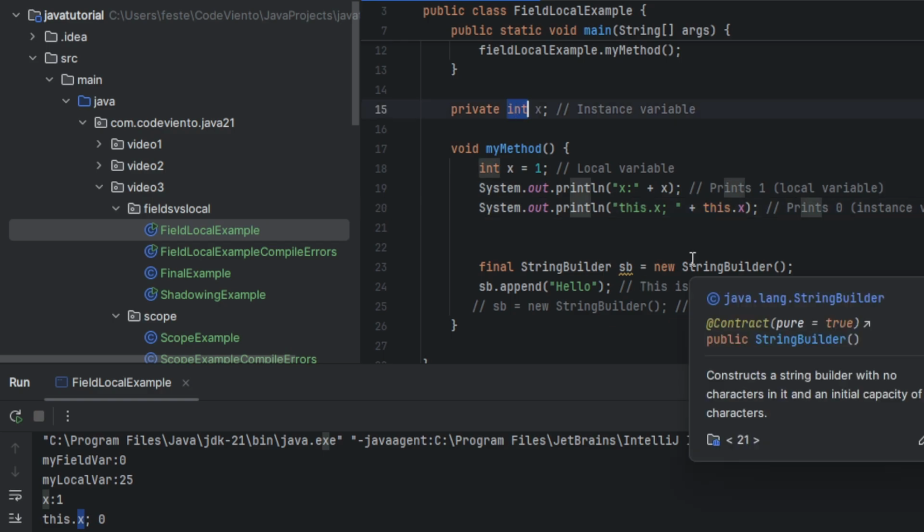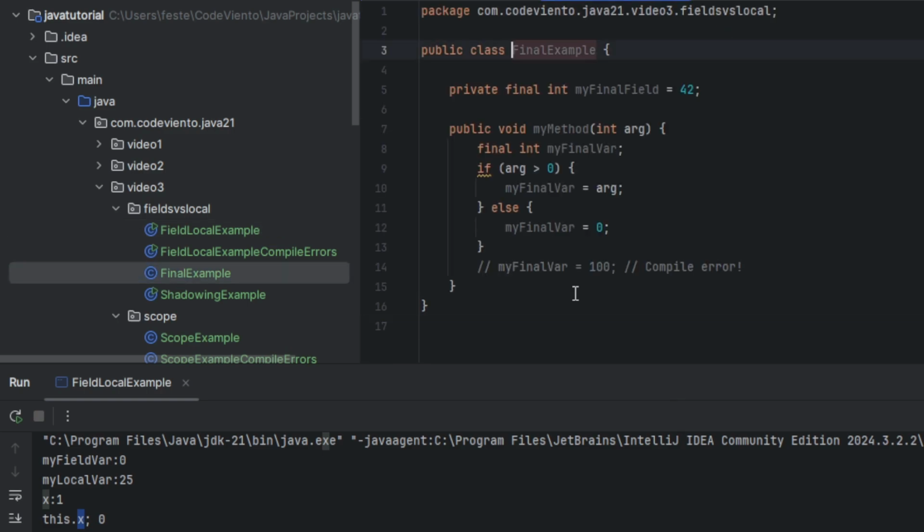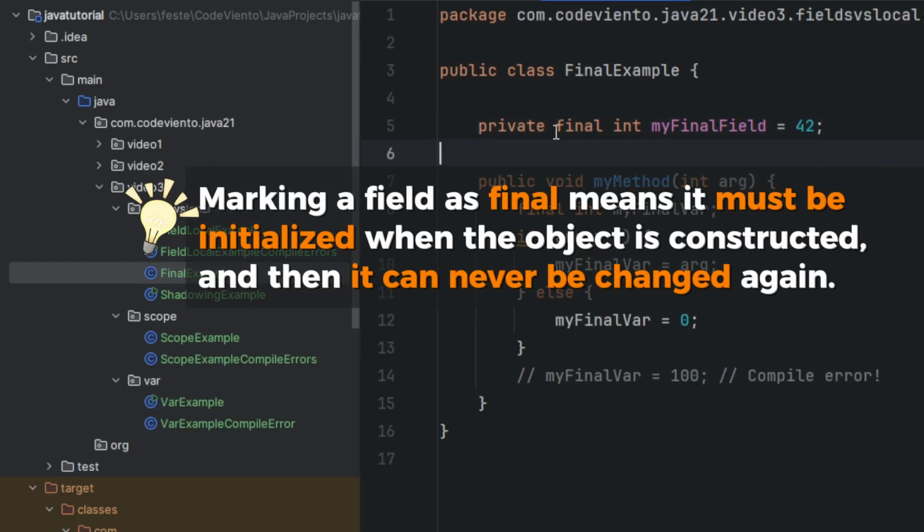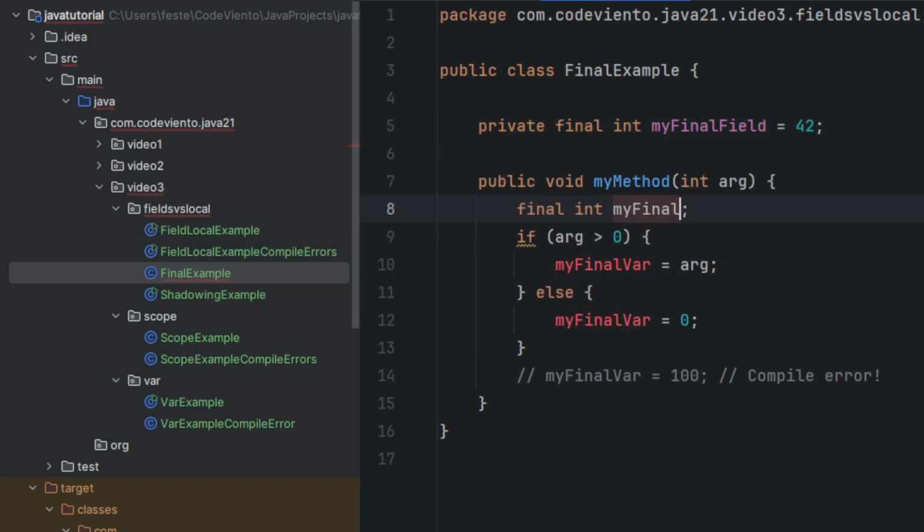Another difference between local variables and fields is in how you use final. Okay, let's check a final example together. Marking a field as final means it must be initialized when the object is constructed, and then it can never be changed again. Let's change this name to local to be clear.